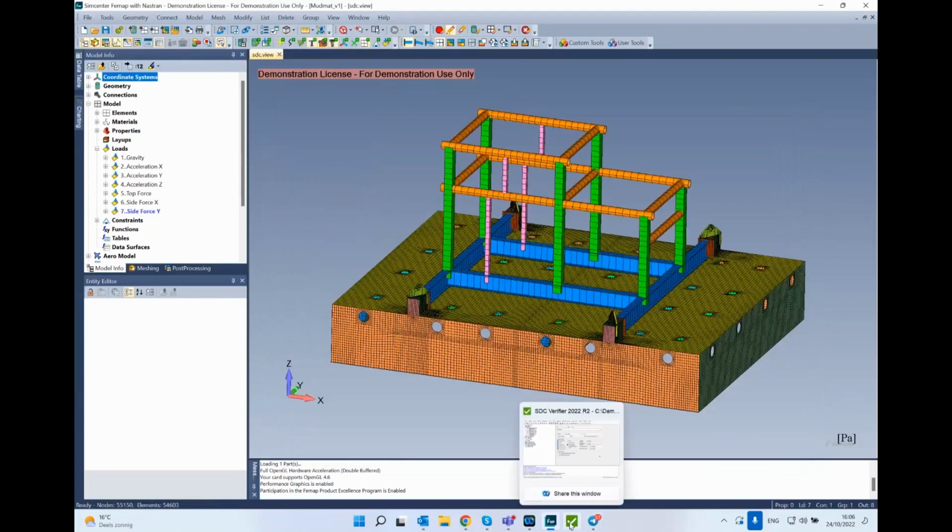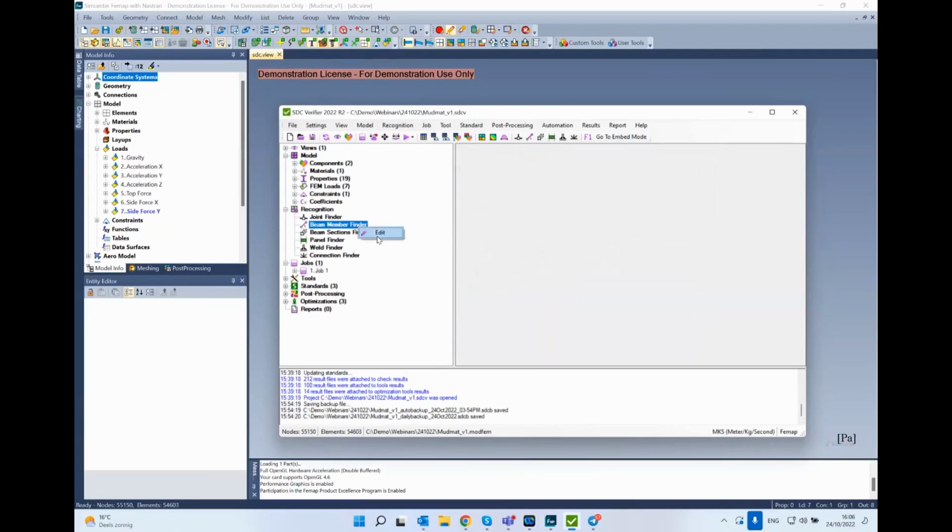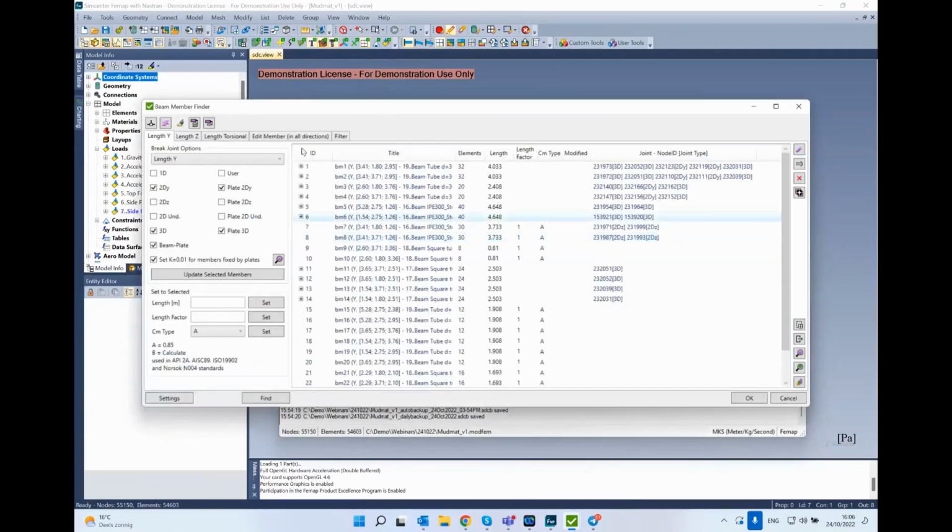And what we did to this, we recognized the beams, welds, and plates for the checks. So we can just go through this recognition. First of all, I defined all the beam members in my model. So if I go to beam member finder,